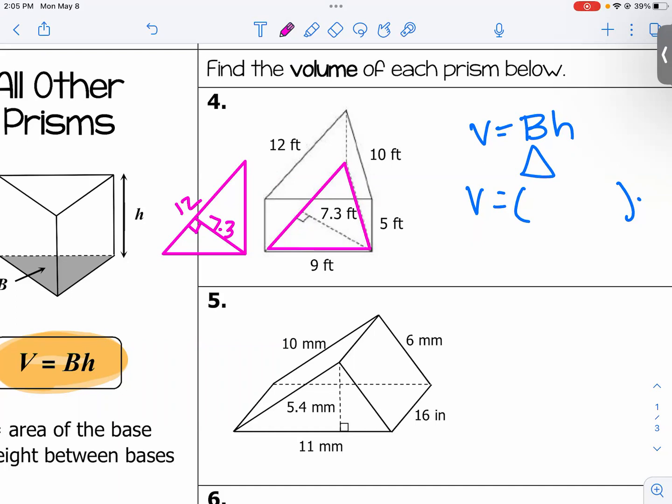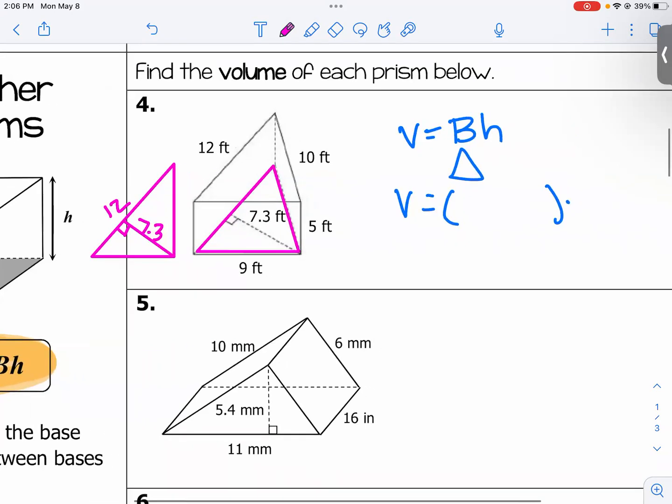So this is not a right triangle, but notice how this segment right here is a right angle with this side of the triangle. So 12 and 7.3 are your, Jake, are your base and height. Okay, so